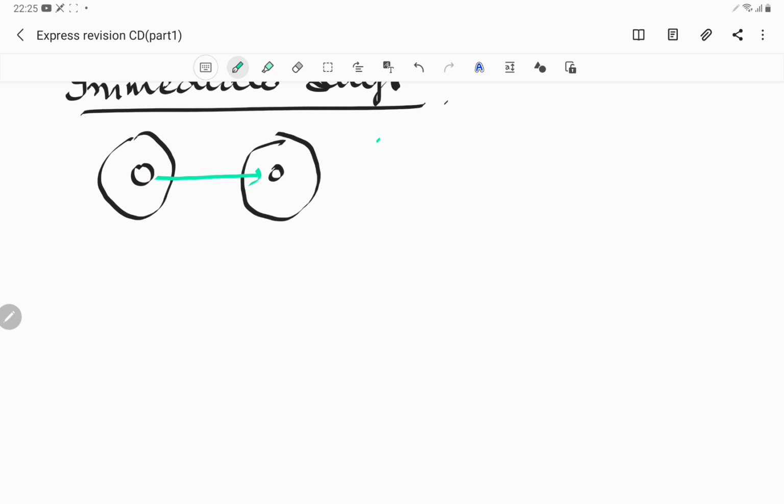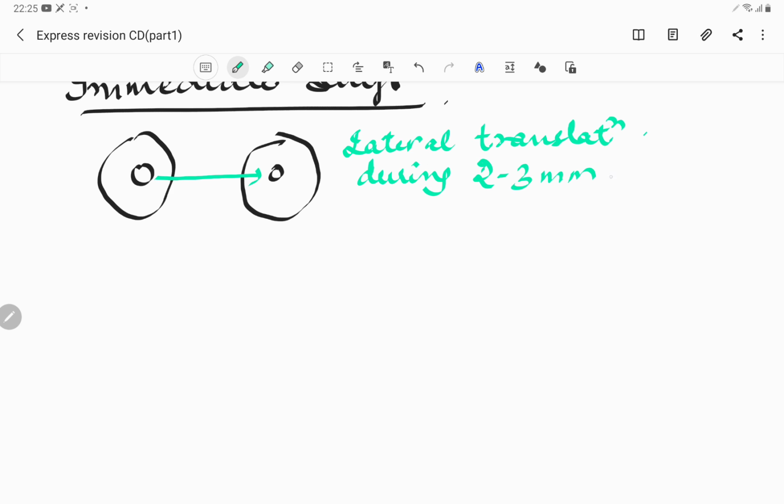During the first lateral translation, okay, so lateral translation immediately, the first 2 to 3 millimeters. That means for 2 to 3 millimeters there is going to be the lateral translatory movement, and after that